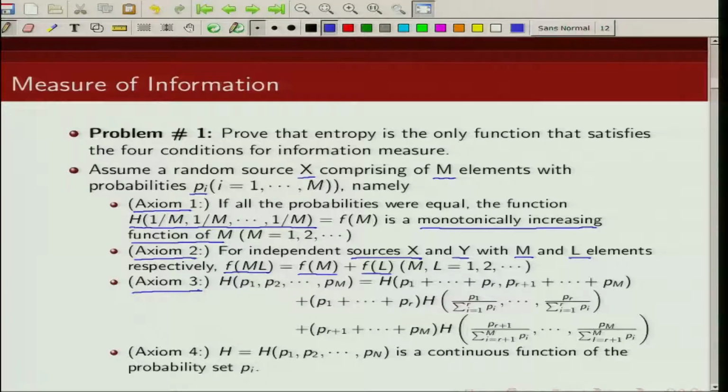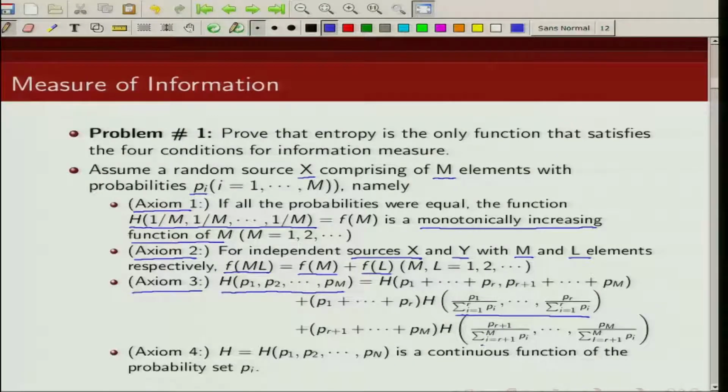Third axiom is what we call the grouping axiom. So the uncertainty, basically H of P1, P2, P3, up to Pm, can be written as the entropy of P1, P2, up to Pr, and Pr plus 1 to Pm, plus the sum of P1 to Pr times the entropy of P1 divided by the summation of Pi, i going from 1 to r, P2 divided by the same summation, up to Pr divided by it, and similarly plus the sum of Pr plus 1 to Pm times this branching entropy H of Pr plus 1